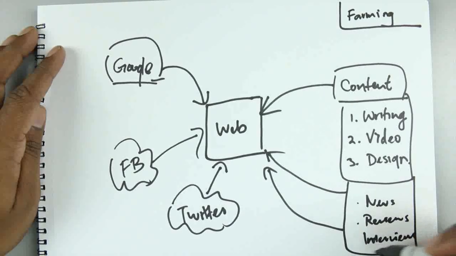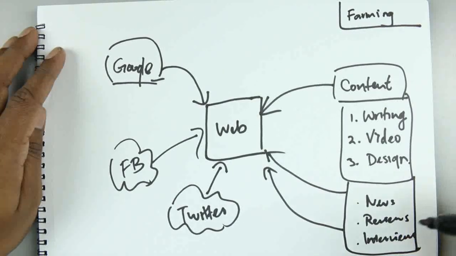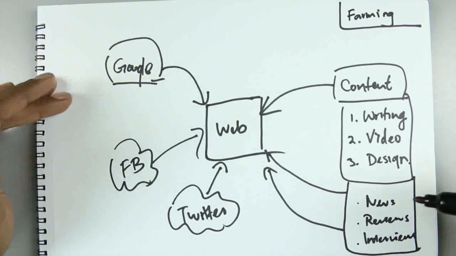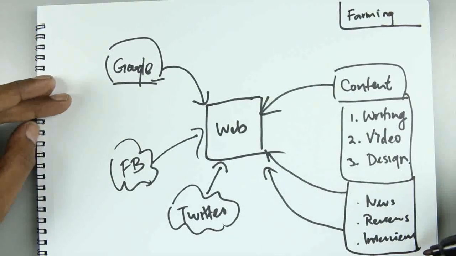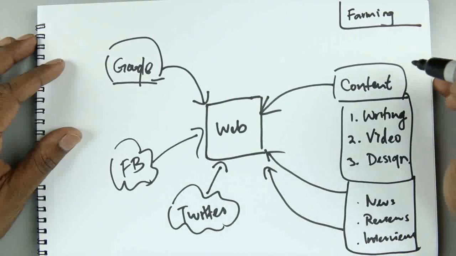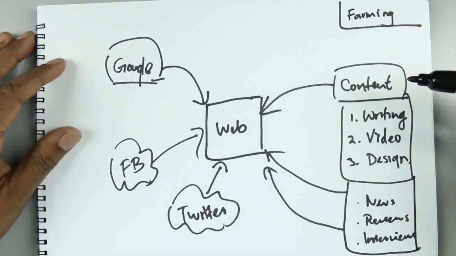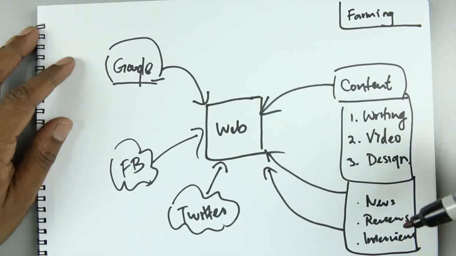And lastly, for interviews as well. If you are not in the right niche, you hate the niche, you're just in it to make money, then you're obviously not going to interview anyone, and you're losing out, because interviews are a great way to get traffic from Google. If you interview someone who's famous, either in audio, video, or just basic text, and you put it up on your blog, on your website, that is first class content. And just because the person you interviewed is popular, you would get lots of traffic from Google.